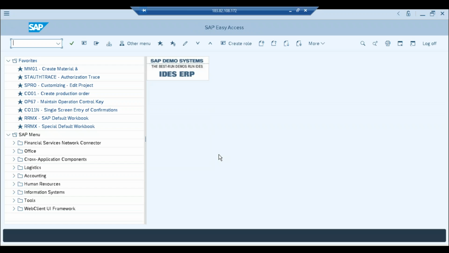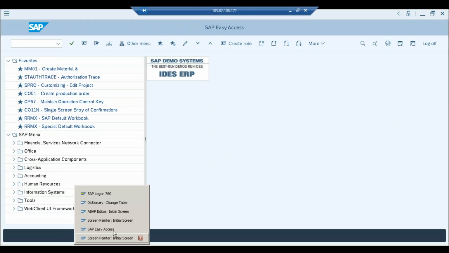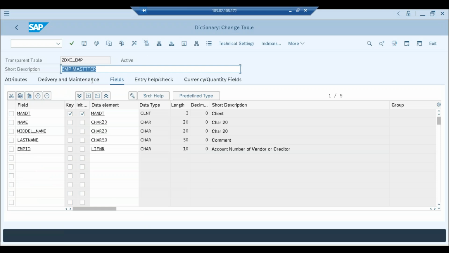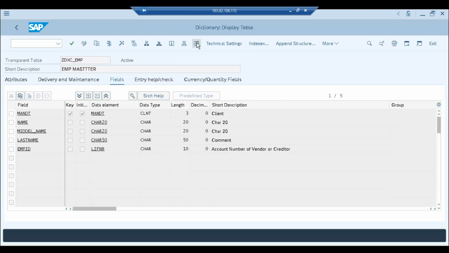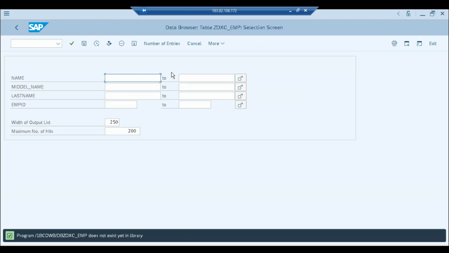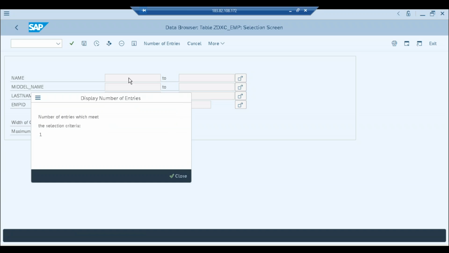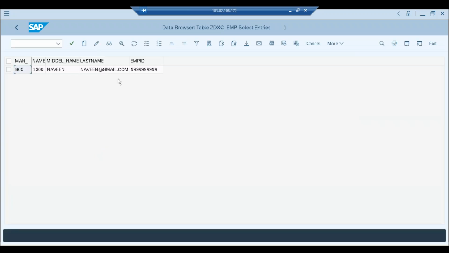Let's go back now to SE11 and check if the data has got updated. Number of entries is just one because we entered only one. So this is Naveen at the Gmail and employee. Okay, so we just need to change the text, guys. I just didn't focus on the text because I just wanted to